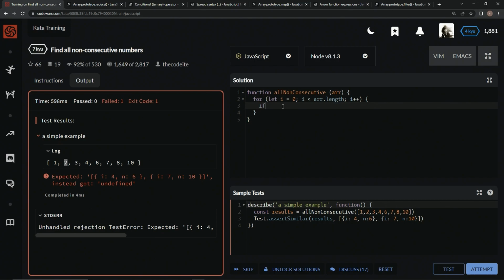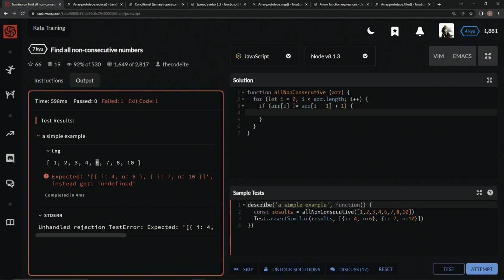So we're going to say if r at i does not equal r at i minus 1 plus 1, all right? So if this number does not equal this number plus 1, so this number plus 1 is 5, and this one is 6, so they do not equal,